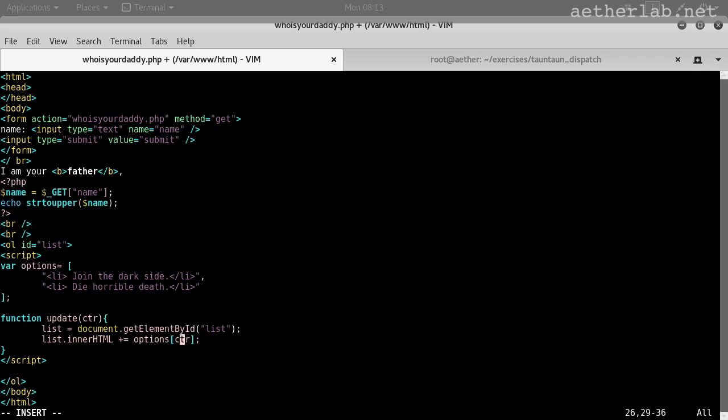So the counter element from the options array. So basically now we have to call this update function every 2 seconds and say the number of the element we want to add to the list. And we do that with a for loop